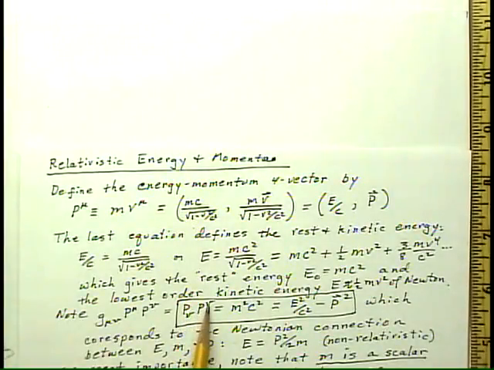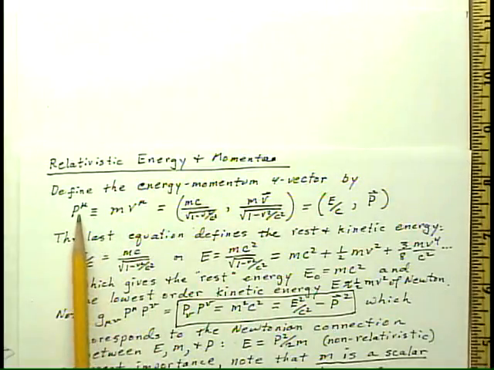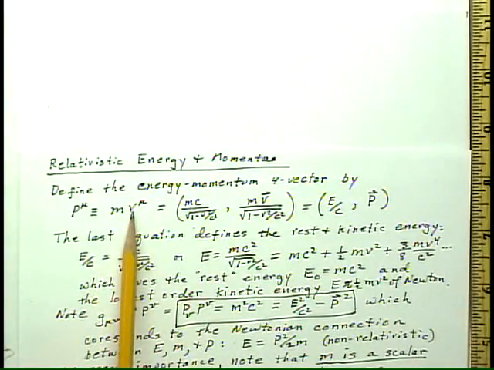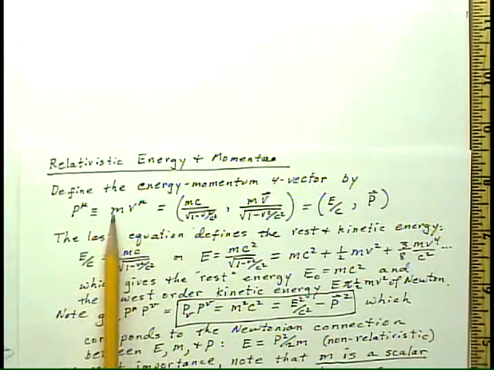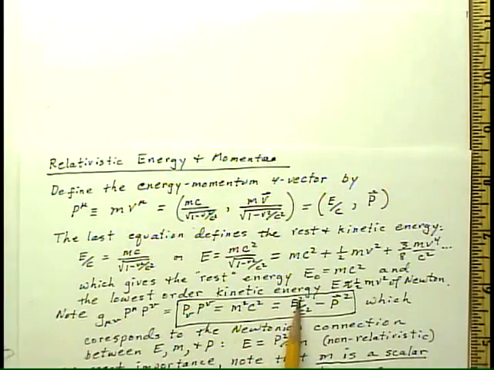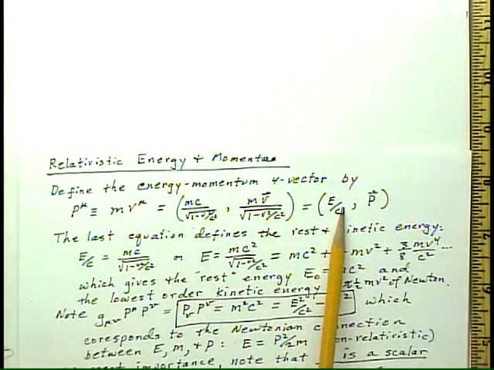P lower 0, P upper 0, and so forth must have as their length the momentum squared, the 4-momentum squared, must be m squared c squared. This follows immediately from the fact that the momentum is the mass times the velocity, and the length of the velocity vector was c. Therefore, since the length of momentum is mass times velocity, p squared must be m squared c squared. This must be equal to, using this format for the 4-momenta, E squared over c squared